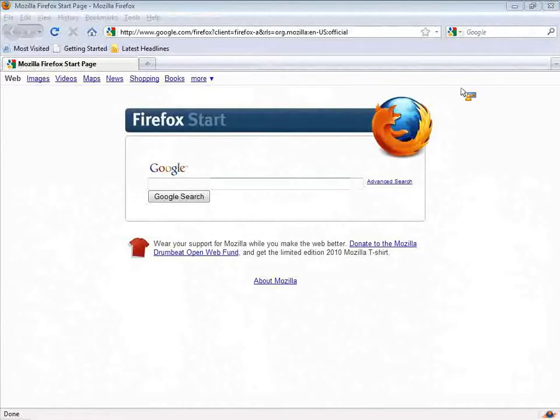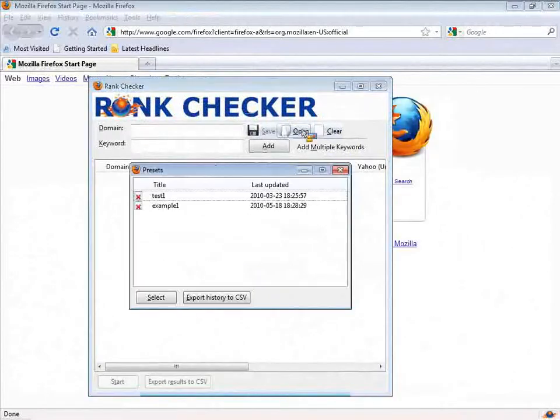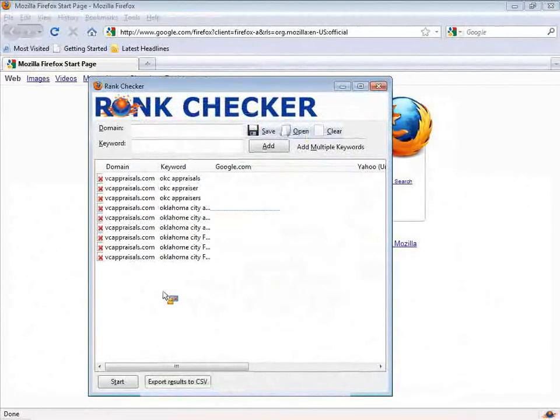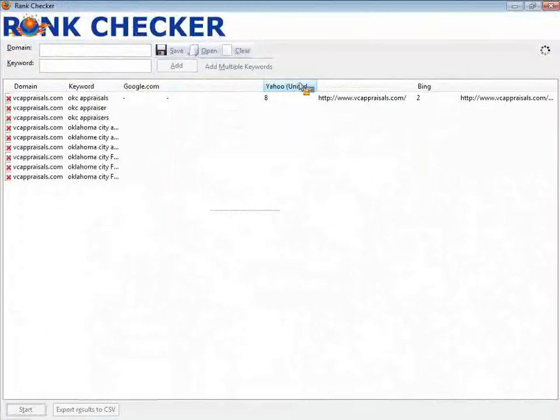Rank checker, run, open, example 1, select that. We'll see if this actually works. This may not work for Google, may still be mad at me. Notice it's now going to wait 15 seconds before it does another set. So if you do this, and you set it to run every 15 or 20 seconds or so,